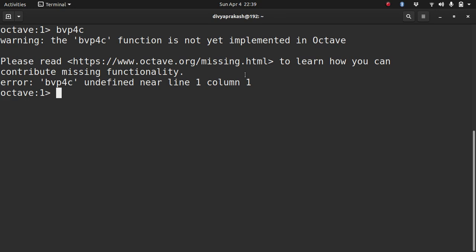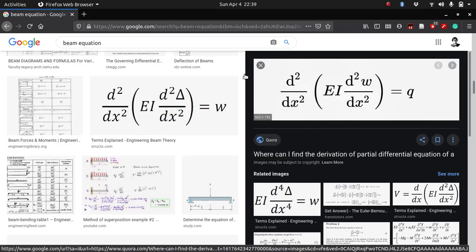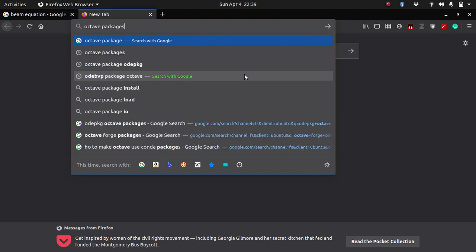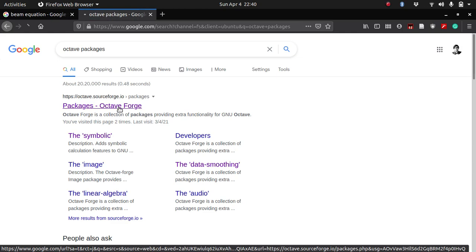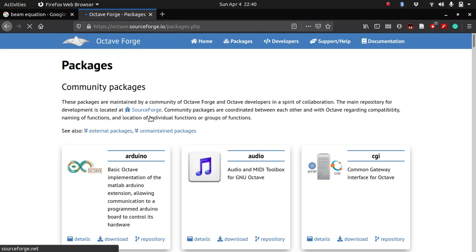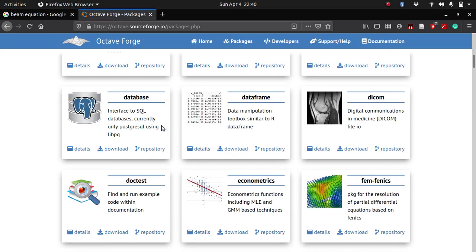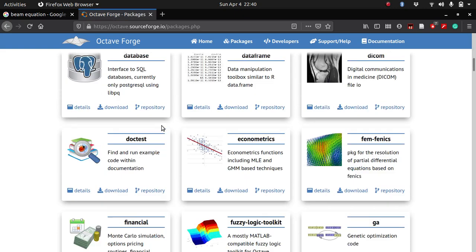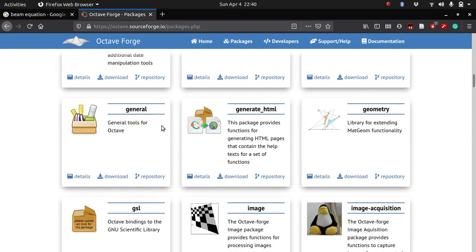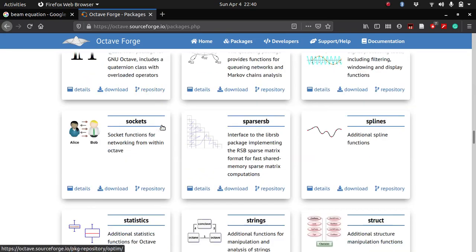This function does not come bundled with Octave. You need to install it separately. You know where we can look for packages, right? You can go to Octave packages and get it from there. But the problem with bvp4c is it used to be a part of a package called ODE package, ODE-PKG, but that package is not currently supported, or it is not maintained by any individual, so it's